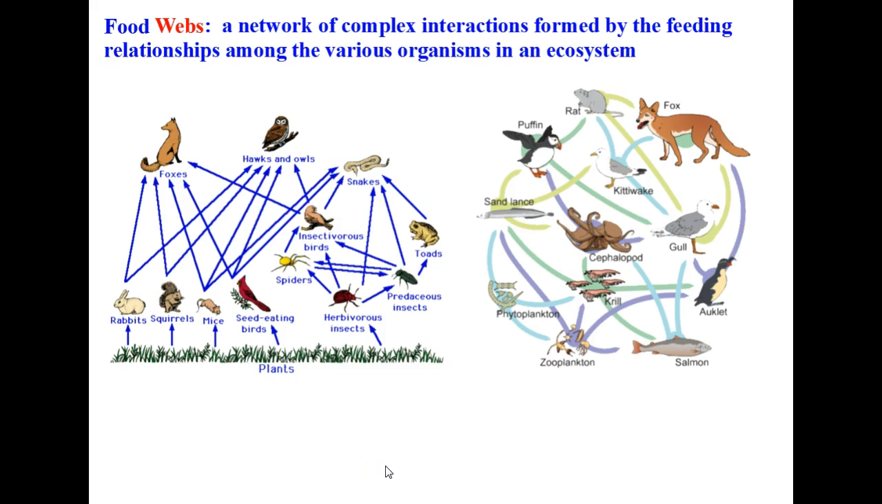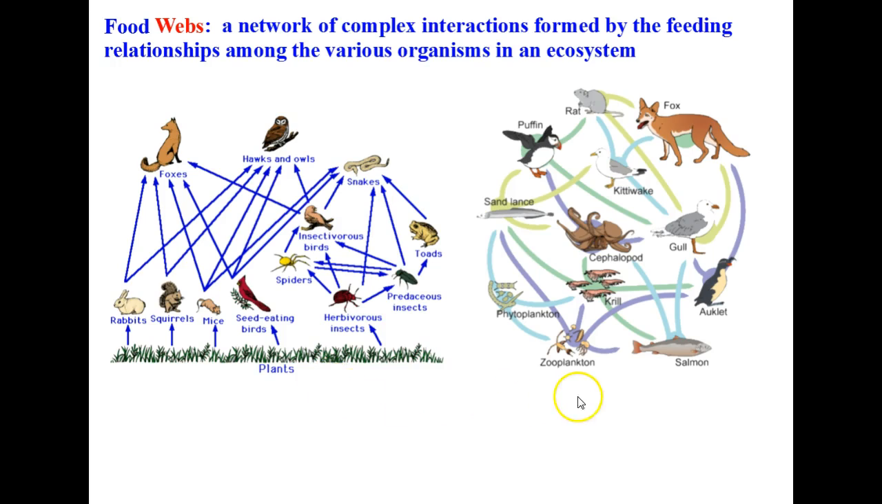Food webs are a network of complex interactions formed by the feeding relationships among the various organisms in an ecosystem. In the food web pictured on the left here, we start off with plants, which of course would be your producers, and all the different animals and organisms that would eat plants, which are then eaten by other organisms. By following any one of these arrows, you can see that individually this would be a food chain. But all the different food chains combined together in the ecosystem form what is called a food